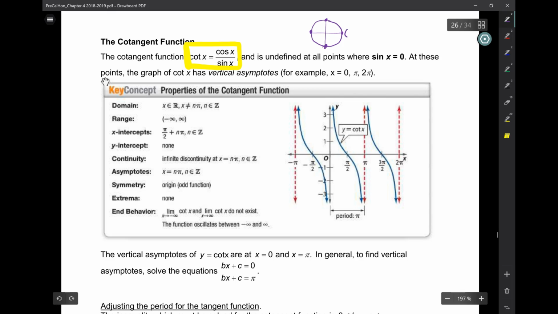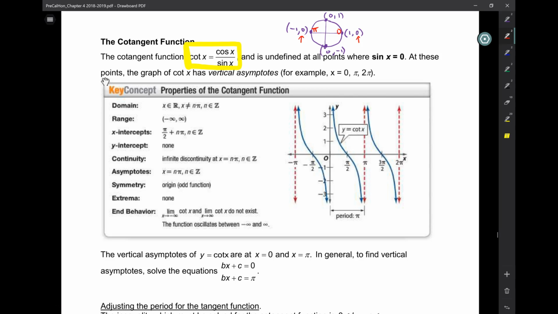So at 0 degrees, x is 1, y is 0. This is 0 and 1, negative 1, 0, 0, negative 1. If sine is the y-axis, then it's 0 here and here. So at 0 and at pi, sine is 0. Yes? That means cosine over sine will be